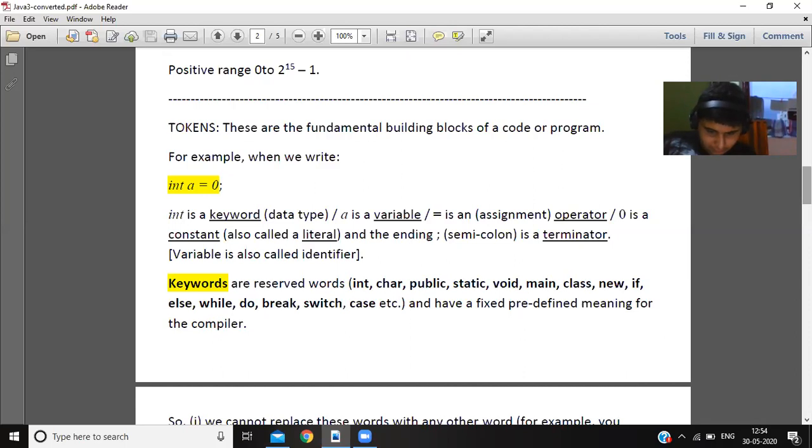So keywords are reserved words. Int, char, public, static, void, main, class, new, if. There are many, the full list will be given. They have a fixed or predefined meaning, which means you can't use them in other contexts.